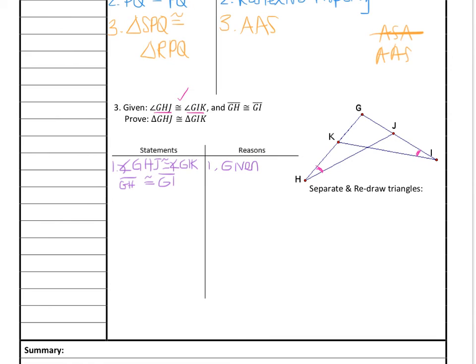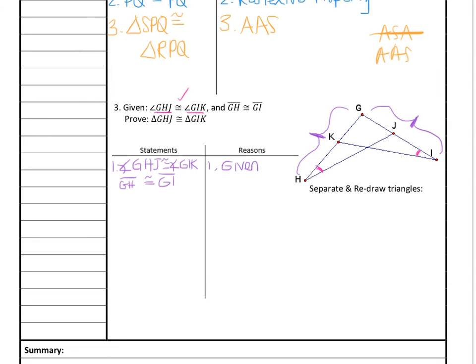And then GH is congruent to GI. Notice what I do to mark that whole entire side congruent. I put a big curly bracket and then I put a hash mark in it. And GI, big curly bracket, hash mark. The reason I can't just put a hash mark here on the segment itself is because K or J get in the way. So if they get in the way, make a big curly bracket and put a hash mark. Big curly bracket,